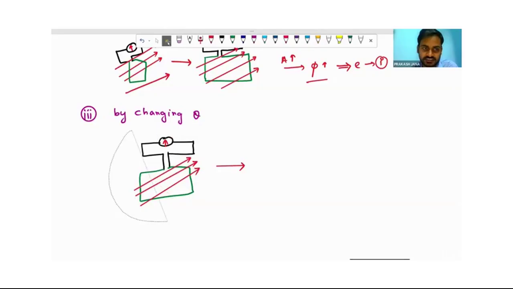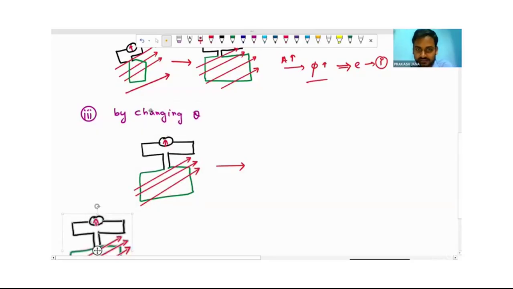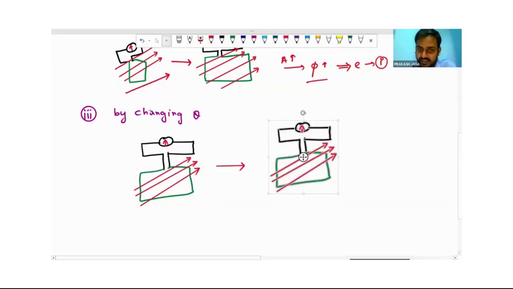So initially what we will do is we will copy it, and we'll take the same magnetic field, galvanometer, and the cross-sectional area or the loop. Now we will suddenly change this magnetic field within a very small fraction of a second. If we change it like this, the magnetic field is changed. So actually theta is changed, and this change in theta will change the magnetic flux, and this change in magnetic